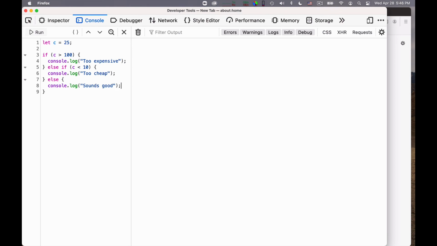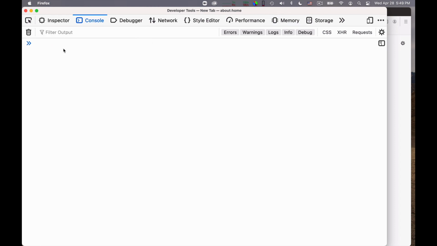Okay, so if you execute this code, you will get sounds good, because 25 is between these bounds. The conditional operators work as you would expect, so you can say 4 greater than 3 and this evaluates to true. You can say 4 greater than 3 or 6 smaller than 8, this evaluates to true as well.